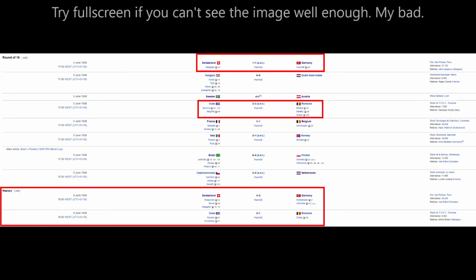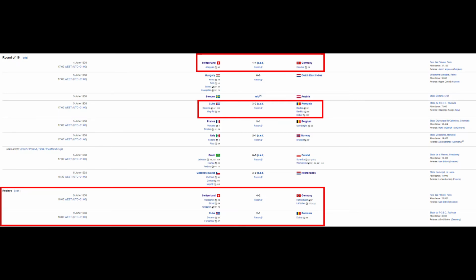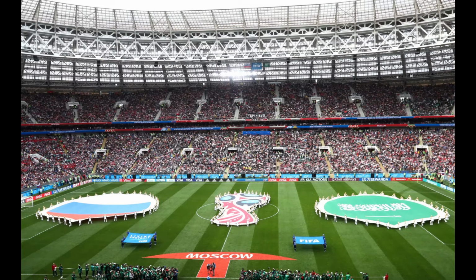Additionally, knockout stage matches weren't always decided by penalties, but replays. It means exactly what it sounds like. Teams would simply play again on another day to see if that next tie could produce a winner. However, what if the tiebreakers of today had always been in use at the World Cup? How would it affect the history of the competition? That's what we're here to find out.